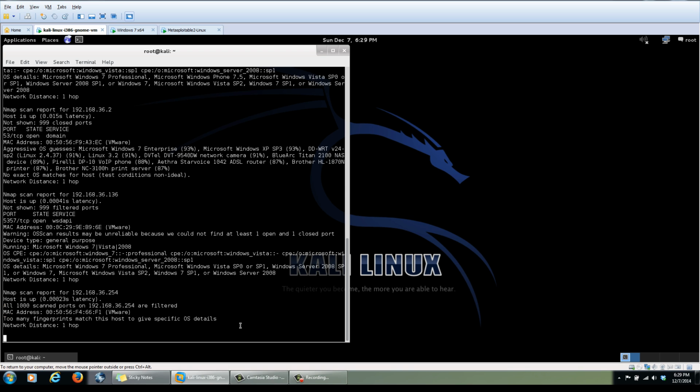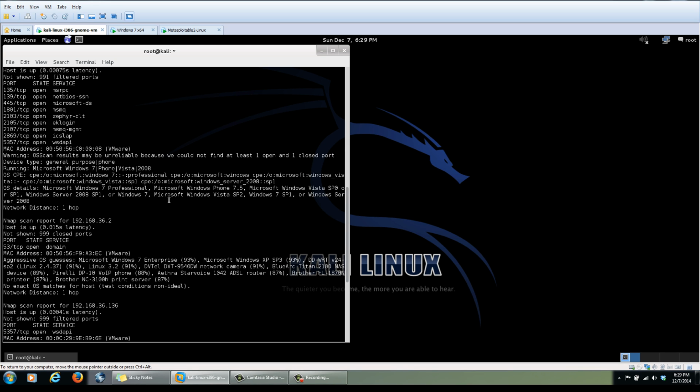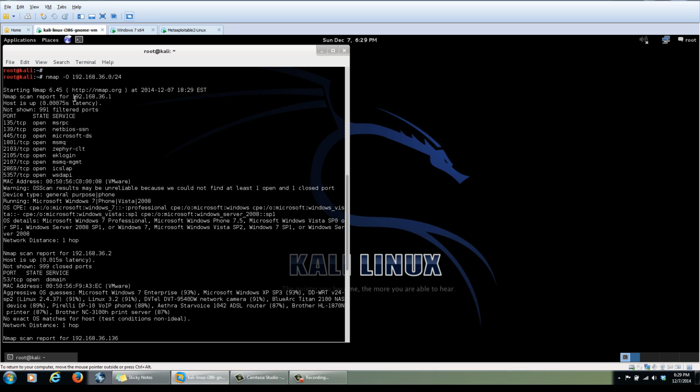So, as you can see here, it's completed. We can scroll up to the top. We can see the IP, and then we can see some ports that are open, although I didn't really select for a full-out port scan. We can do a video on that later. Our router, it's guessing Windows 7. It's a 93% guess, but we can see here that we have